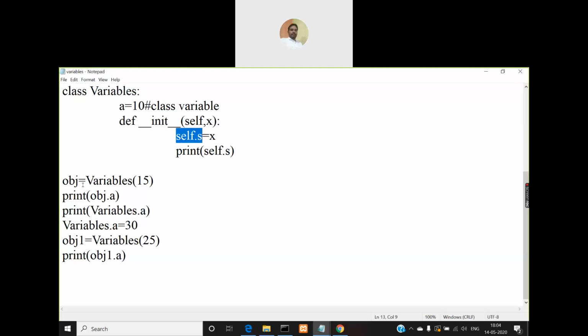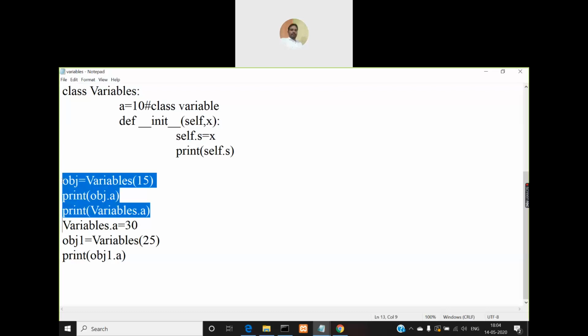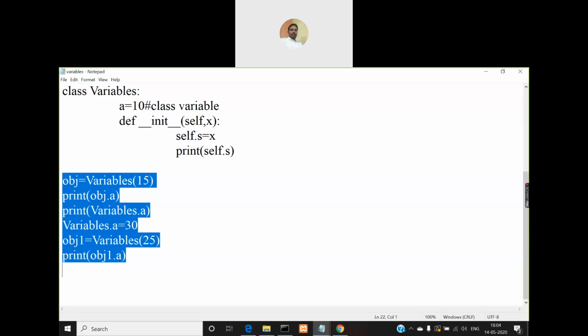Okay, but look at the statements that are written outside the class, and remember one important point here: we are not using indentation for these statements because all these highlighted statements are outside the class, like in our normal Python program where we didn't use classes and objects. In the same way you write this code, and the program execution begins from here only. Then when you create an object and call the methods using that object, the program execution goes to that place, continues execution, and returns back from where you called that method. So that is how execution flow takes place.